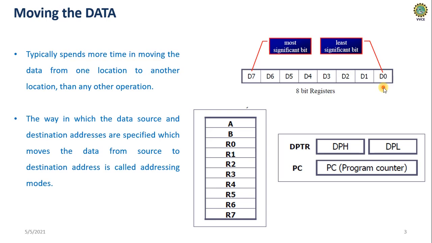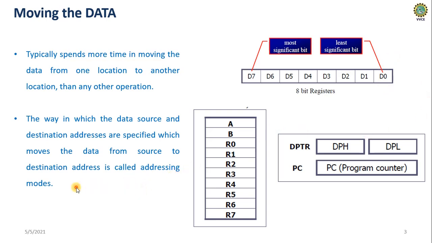So your data may be at different address locations. So how to move from one location to other locations, how to operate those addresses, based on different locations and different types of addresses. This addressing modes are used because the data may be stored at different places. It may be stored in registers, or in memory locations, some internal memory locations, or external memory locations, or in some pointers, as a set, DPTR may be stored, or in some address locations. So based on that, how to operate these address locations of the data which is stored in different address locations, right, for moving data from source to destination. That deals with addressing modes.